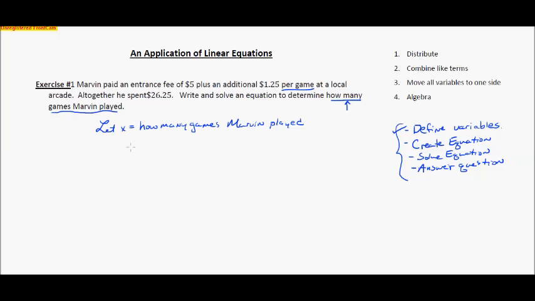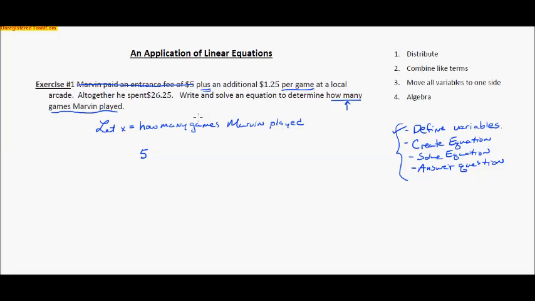That's my definition of variables, and lots of people like to skip that, but we really can't. We've got to tell the person reading the problem what it is I'm looking for. So now I've got to create an equation. I'm going to go up to this first sentence here, and as it's read, I'm going to create my equation. So he paid an entrance fee of $5. Well, that's something he has to pay. So I've used that,